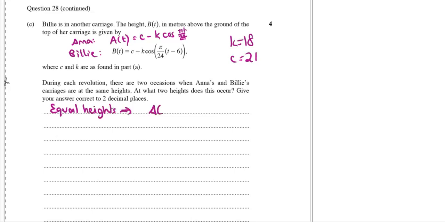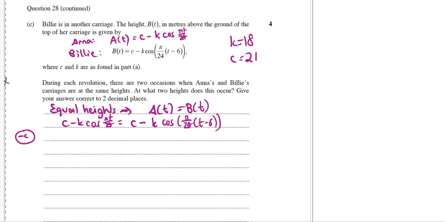So we're going to set A of t equal to B of t. So c minus k cos pi t on 24 equals c minus k cos of pi on 24 times t minus 6. Okay, so subtract c from both sides, and then divide both sides by minus k. We're really talking about the scenario when cos of pi t on 24 equals cos of pi on 24 times t minus 6. Okay, so for that to be the case,